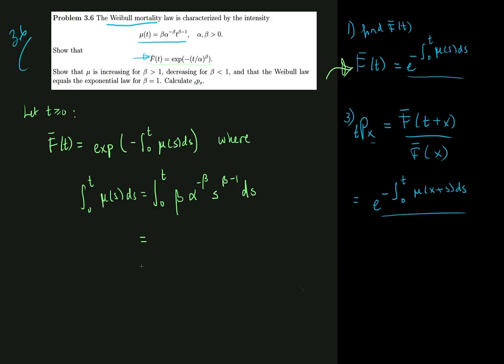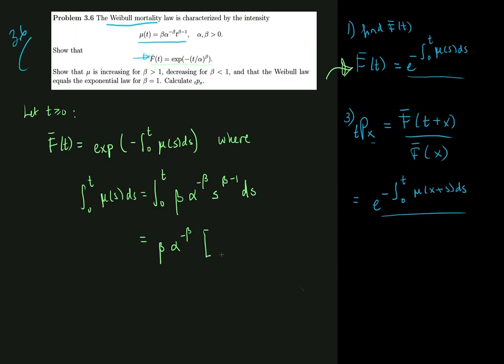Now, one of the things that I just noticed is alpha and beta are both greater than 0, so I can never risk s to the minus first inside here, which is pretty nice, because if I had s to the minus first, then I would need to make a special case where the antiderivative is log of s. But I don't have that because beta is greater than 0, so I can just do this the good old-fashioned way. I have alpha to the minus beta out here, I have beta out here as well, both are constant, and then inside I have s to the beta minus 1,